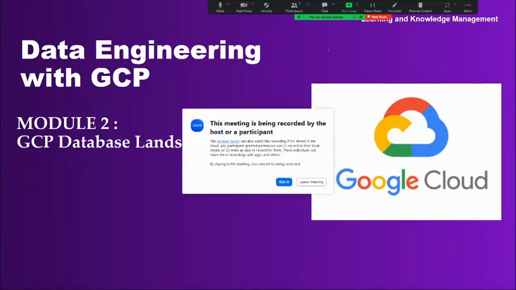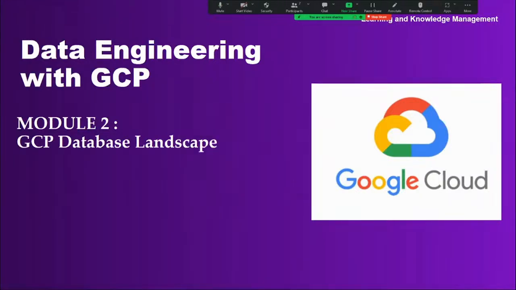From today onwards, we're going to discuss the very first topic, that is, in GCP, we have the GCP database landscape and big data landscape. One by one, we are going to start with. In the first half, I'm going to explain a few concepts related to the databases, that is, Google Cloud Storage. And after that, we're going to start with